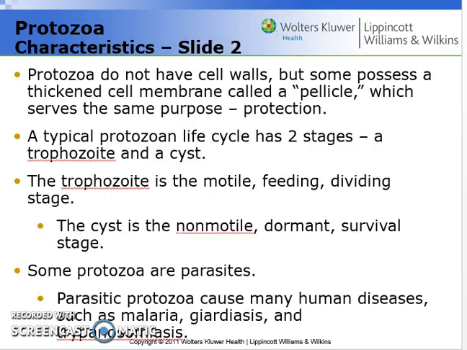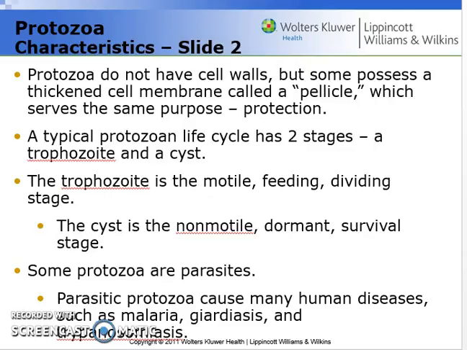But there are some, as you know, there's always exceptions to the rule, that are going to be parasitic. And so there are these parasitic organisms that can elicit diseases. Some key examples are things like malaria, giardiasis, as well as trypanosomiasis. And all of those are acquired protists that a human could be infected with by ingesting a contaminated source or coming into contact with an insect vector.